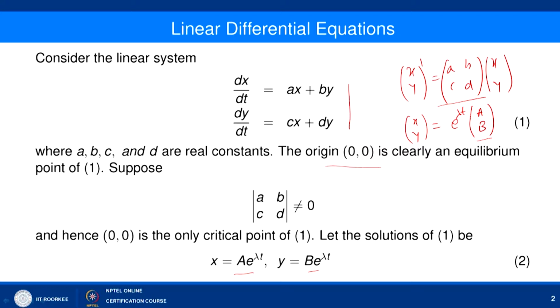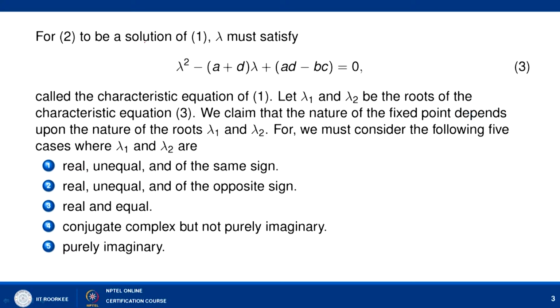Look at here, for 2 to be a solution of 1, lambda must satisfy this equation, that is lambda square minus (a plus d) lambda plus ad minus bc equal to 0, which is nothing but the characteristic equation of A in terms of lambda here. So, here we call this equation number 3 the characteristic equation of 1, and since it is a quadratic equation, there is a possibility of having two roots, lambda 1 and lambda 2. So, let lambda 1 and lambda 2 be the roots of the characteristic equation 3,